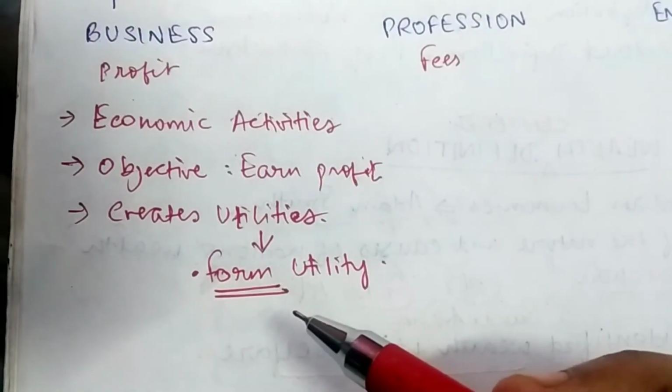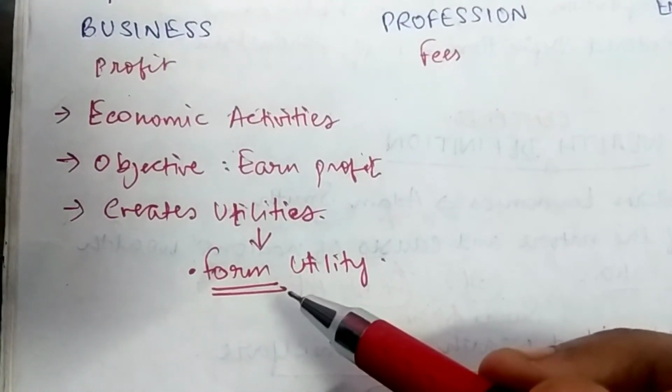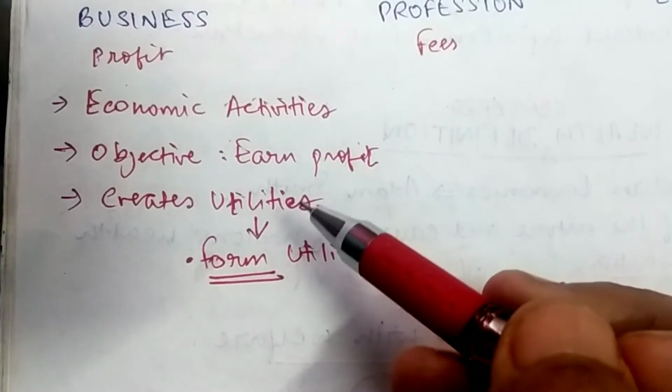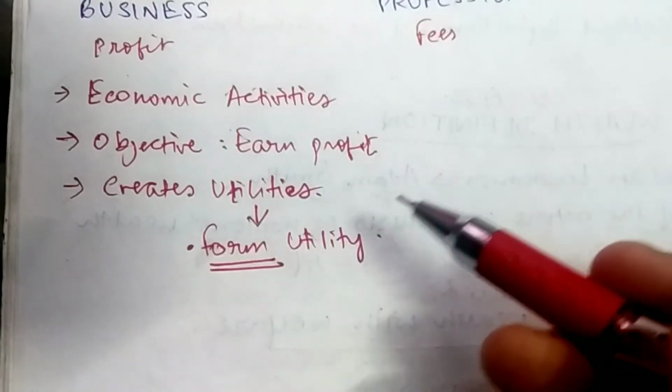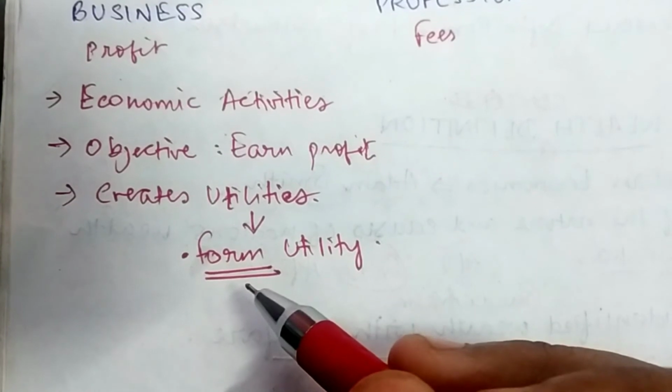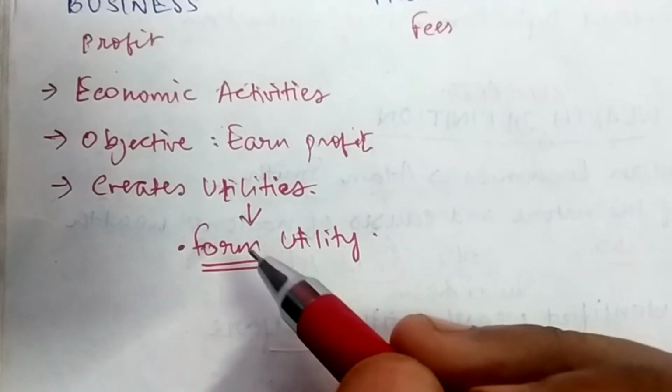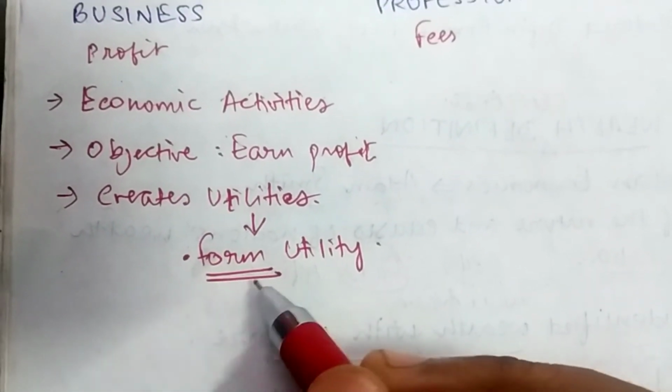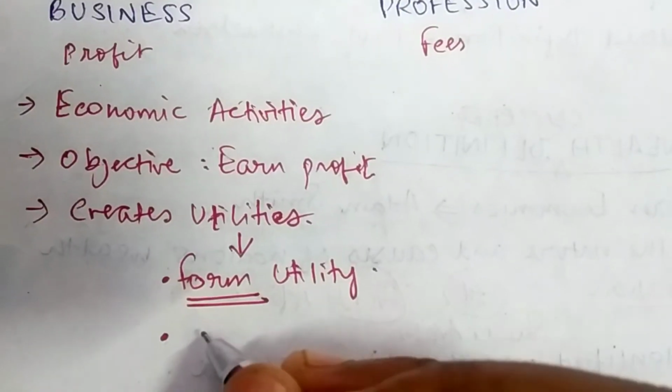A business helps in changing the form of a product and making it more useful. When it was cotton, it was not useful for you, but when it became a sweater or a shirt or a t-shirt, it became useful for you. So by changing the form, it is creating a utility. Next utility is